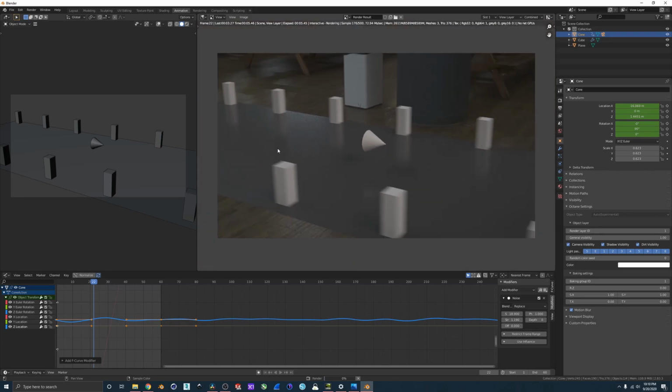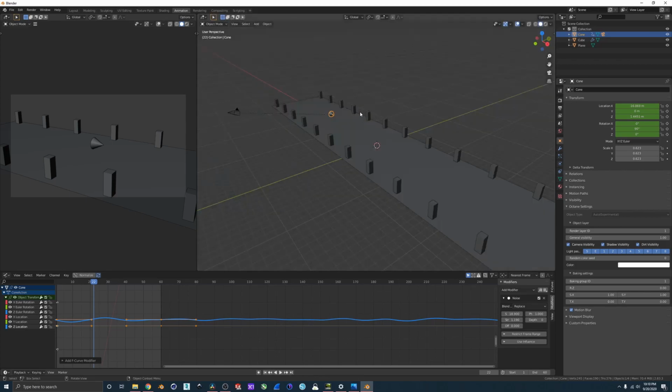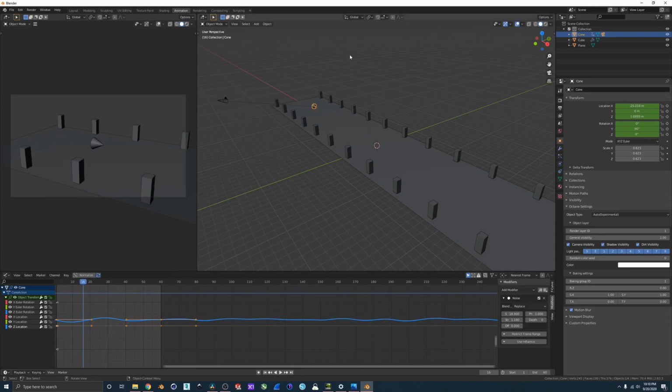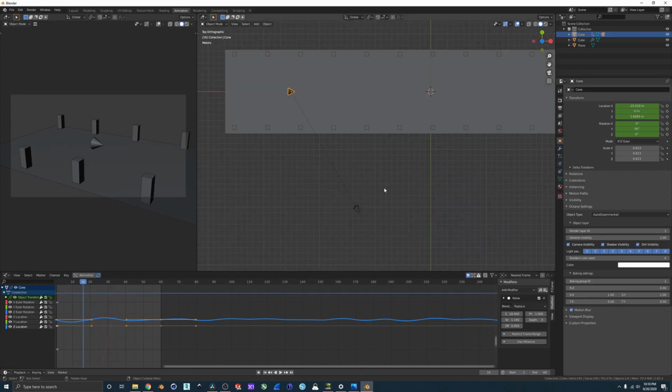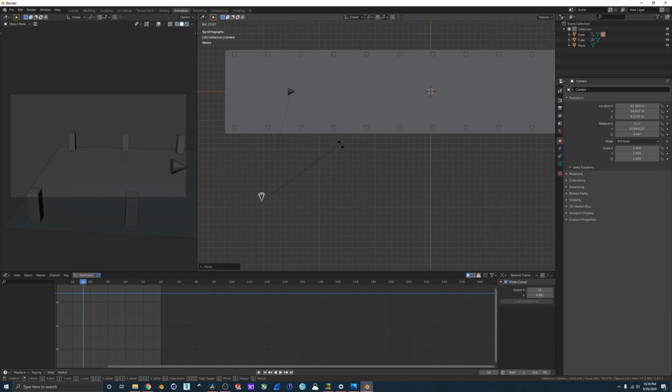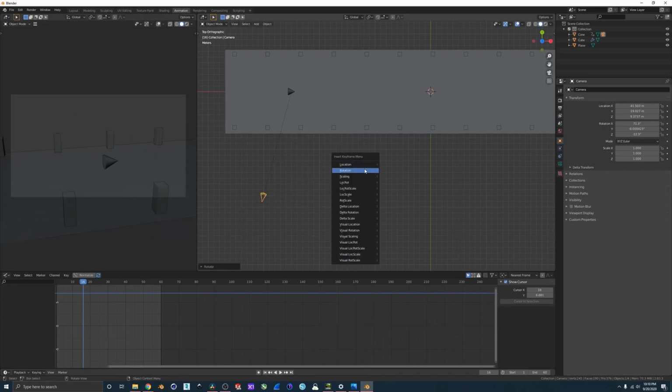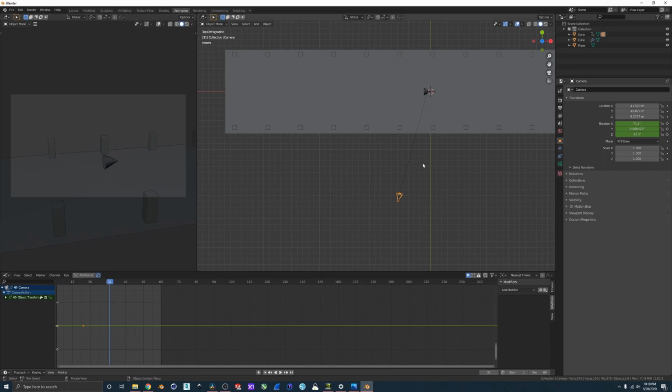So now we'll get the not perfect camera effect. Adds a bit of realism to it, even though this is not the best scene for realism. And you can even keyframe your camera's rotation. So here,